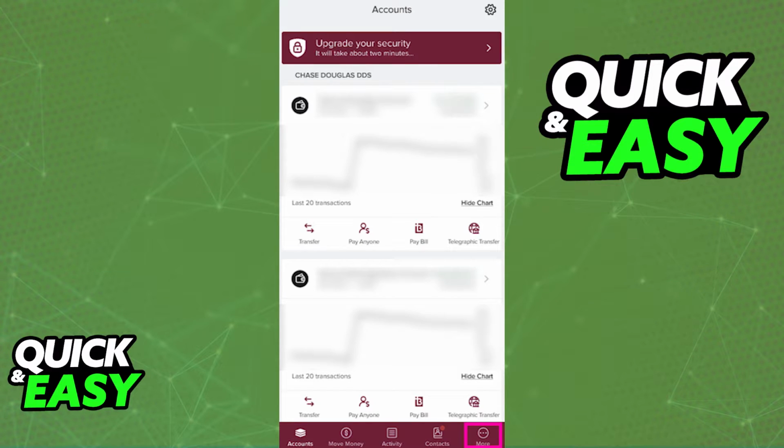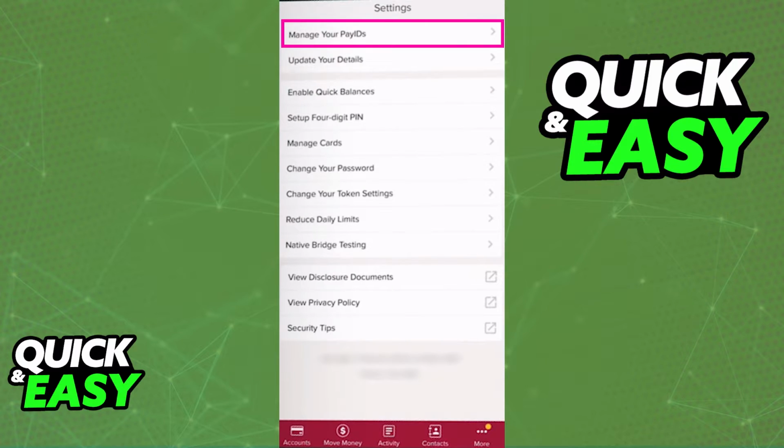tap the More option that you can find at the bottom right corner of the screen. Immediately upon tapping More, go into the Settings, and the first option under the settings should be Manage Your PayIDs. If you don't see it at the top, just look for Manage Your PayIDs inside of the settings,